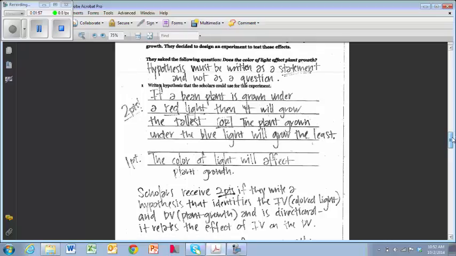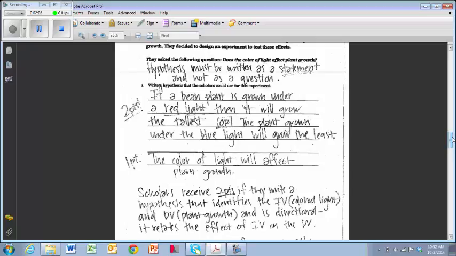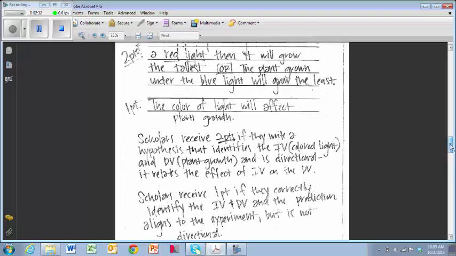And in addition to that, it must be directional, so it actually says what the effect of the independent variable is. So for example, the red light will help the plant grow the tallest, or the blue light will grow the least. If they write a statement, a hypothesis, but it does not show directionality, for example, the color of light will affect the plant growth, that is not being specific as to what color of light will affect the plant growth the most. So scholars would only receive 1 point for that, and then they would get 0 points